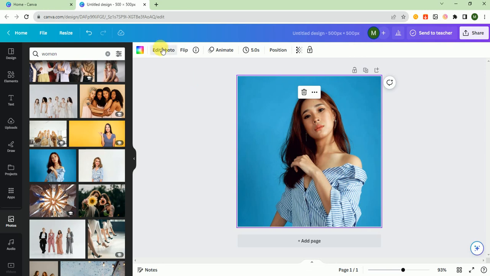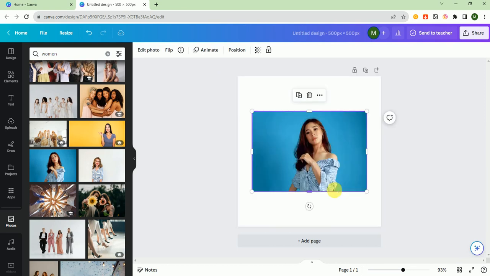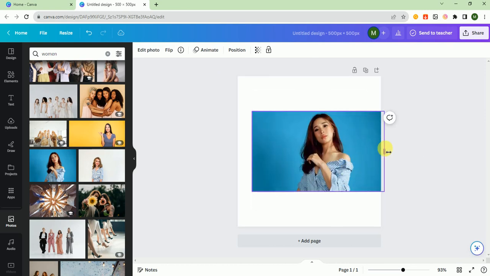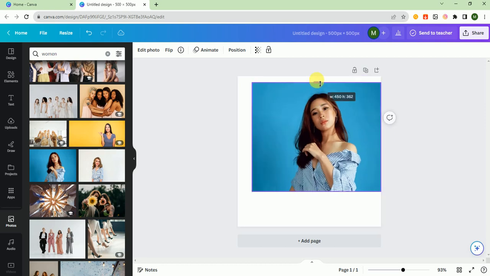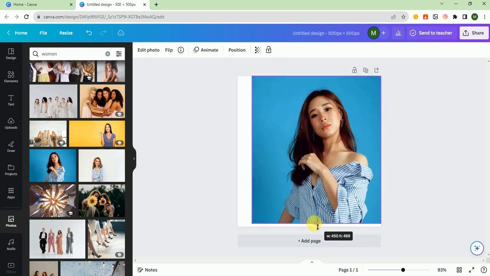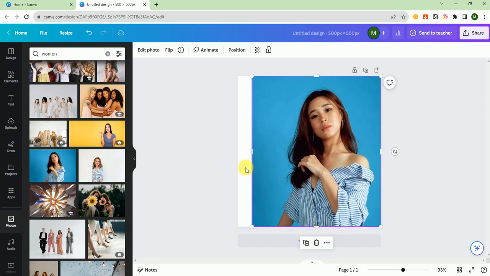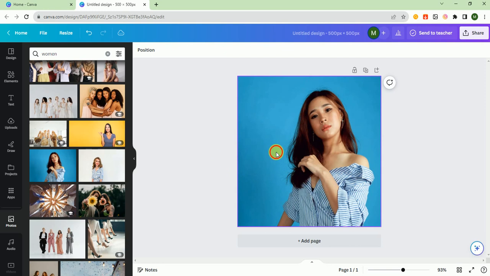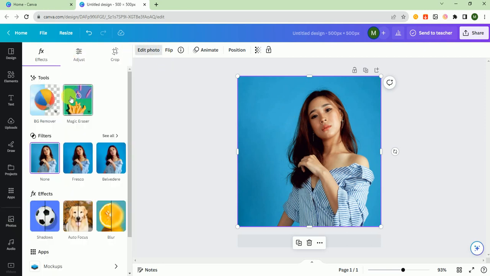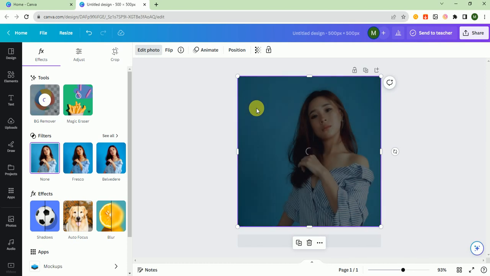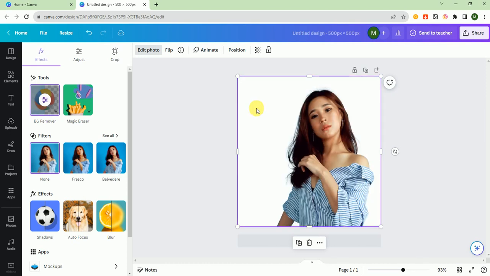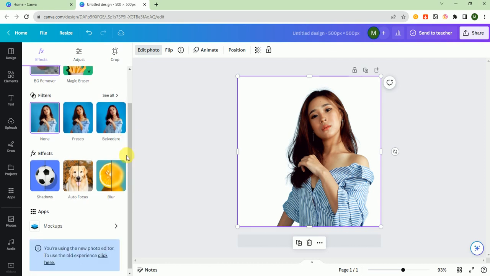First of all, click on edit photo and remove the background. Sorry, detach image, because we do not set image as background, since background cannot be edited. So I stretch this image, and let's start. First of all, click on edit photo and BG remover and remove the background. So that's good. And first of all, we have to change the background, and I go to photos,